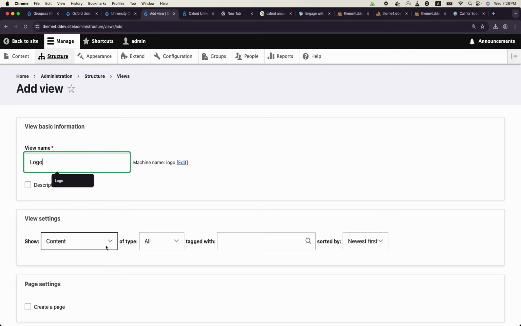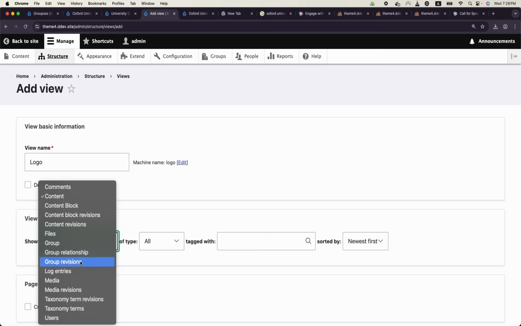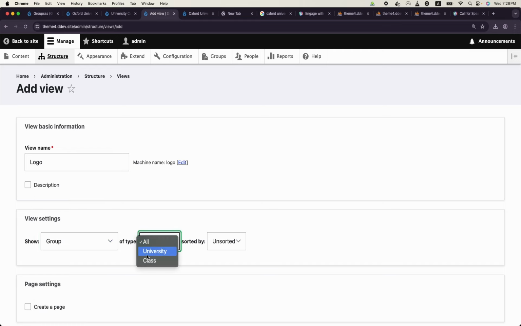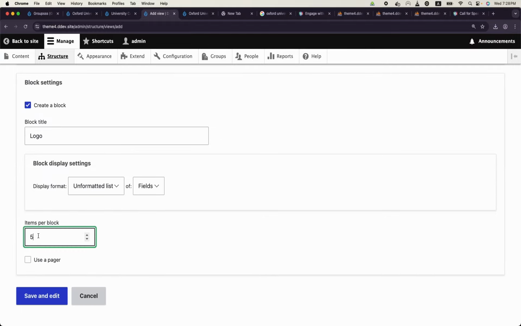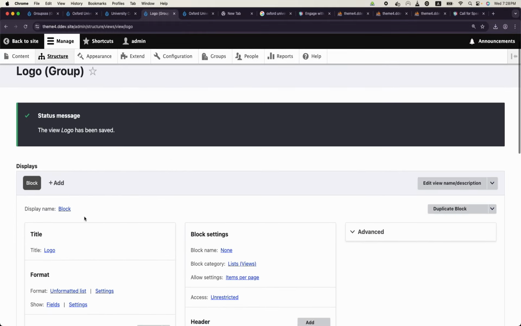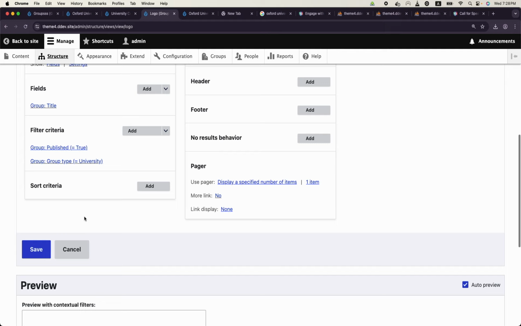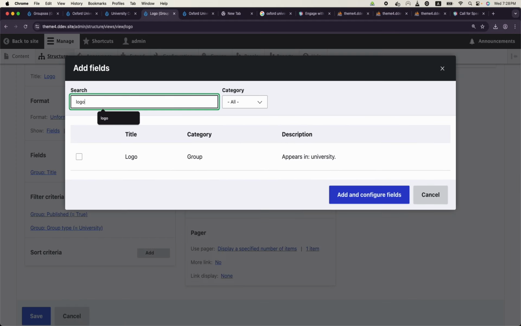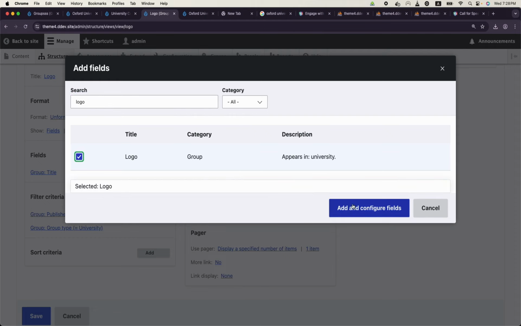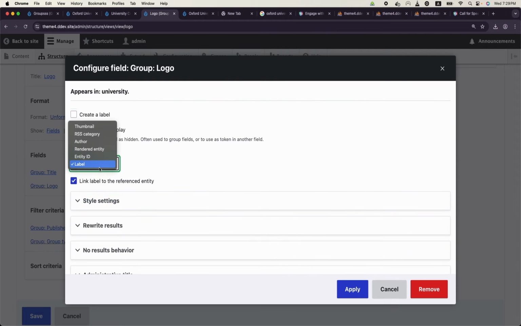What should we choose here? Group of type which one? University. And a block. We just need one record, right? Yes. So here we need the logo of the group, and it will be some thumbnail,